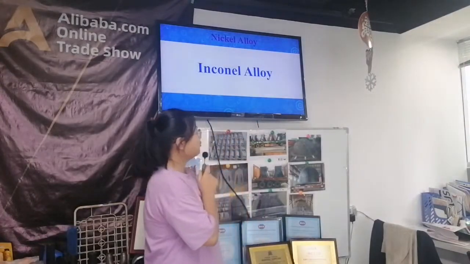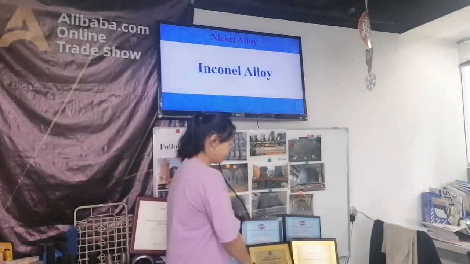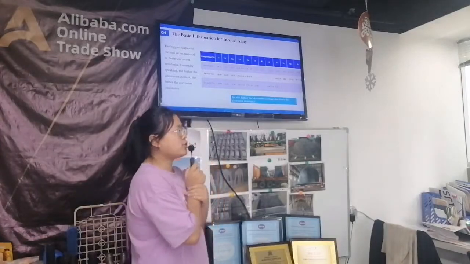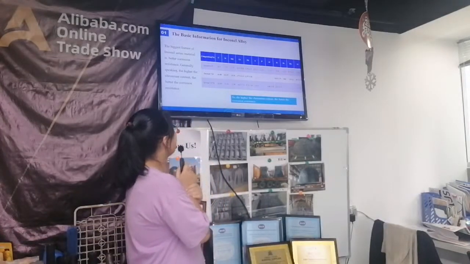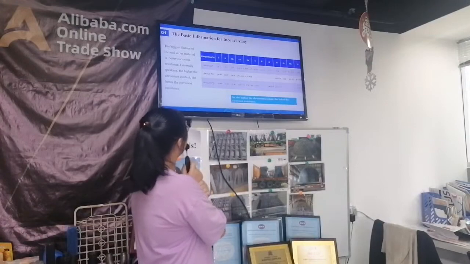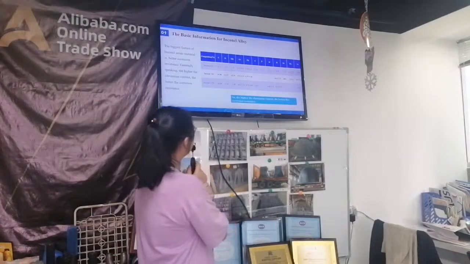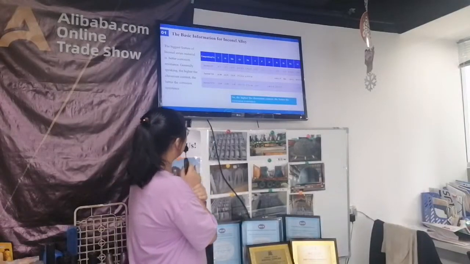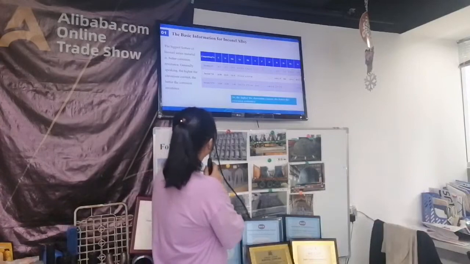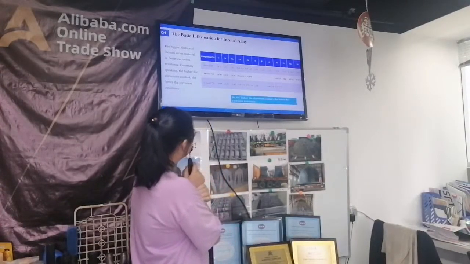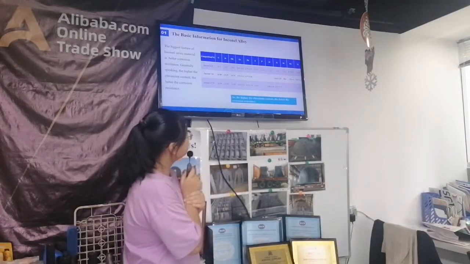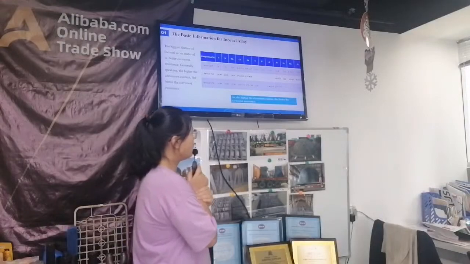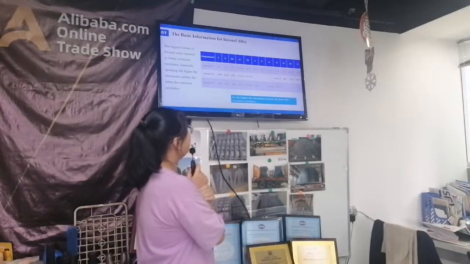Next, part 2, Monel alloy. The basic information for Monel alloy. The biggest feature of Monel storage material is better corrosion resistance. Generally speaking, the higher the chromium content, the better the corrosion resistance. You can see the table is chemical composition for Monel alloy,